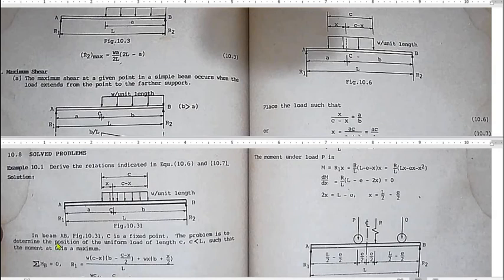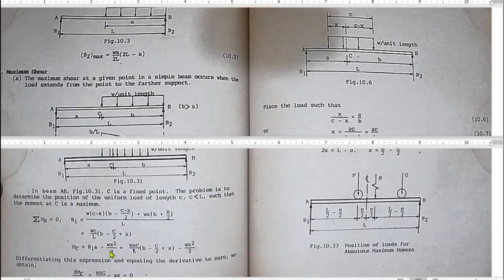In beam AB, figure 10.31, C is a fixed point. The problem is to determine the position of the uniform load of length C, wherein C is lesser than L, such that the moment at C is maximum. Okay, so hahanapan mo ngayon ng value yung X in terms of L, A, or B. So,